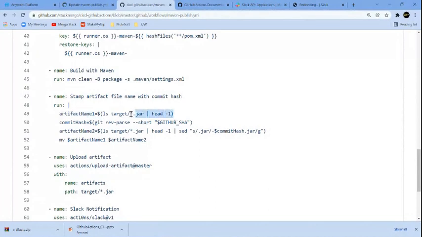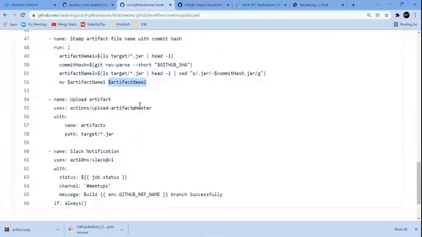If you see, this is coming from here. Then I'm getting the commit hash from here, and then I'm adding that commit hash to the end of my artifact 1 name, and then artifact 1 name I'm moving to artifact 2. So this one. Just renaming it, because I wanted to add that commit hash to the end of my jar. So if we download it,